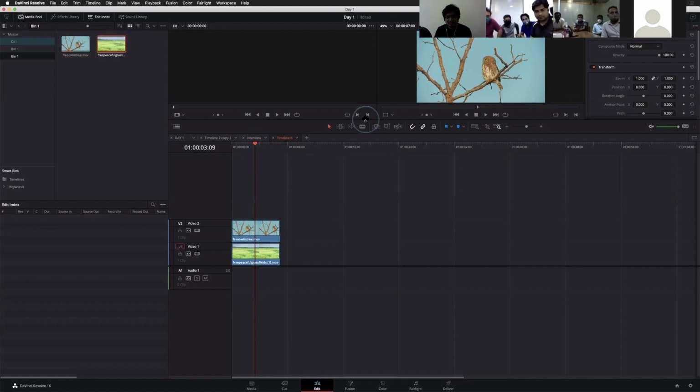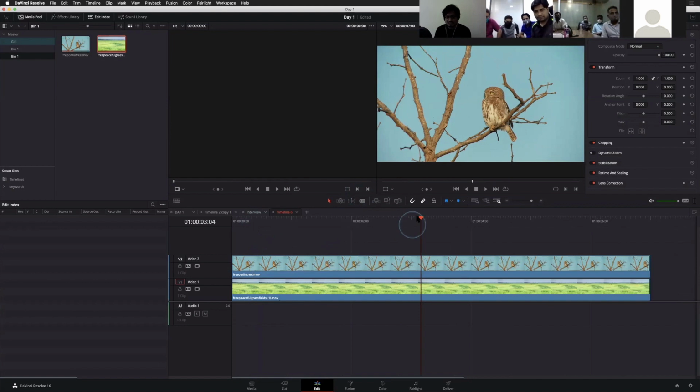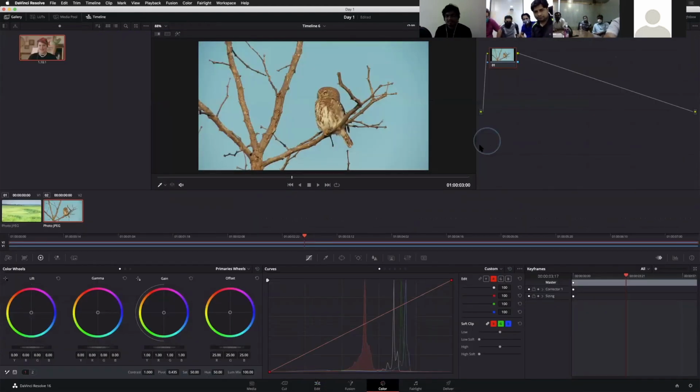First, I will go through the color page, then I will go through the Fusion page. Anyway, this will be the order of your compositing clip. Just go to the color page. We did some masking at that time, maybe 2-3 days back, for the masking and everything. It's the same kind of thing.